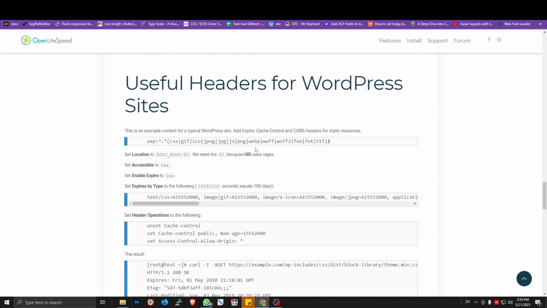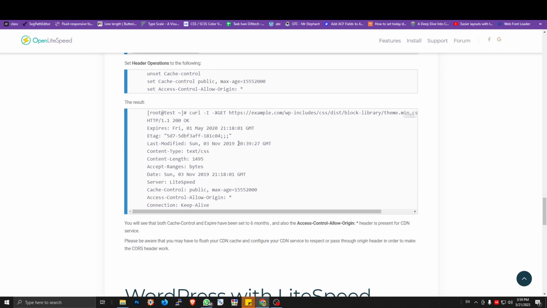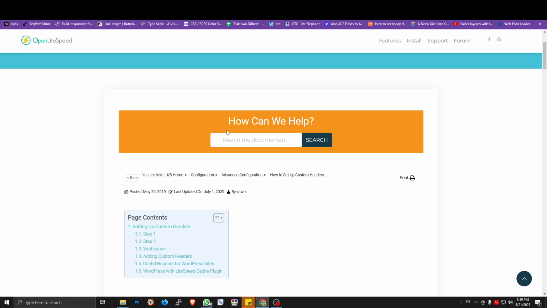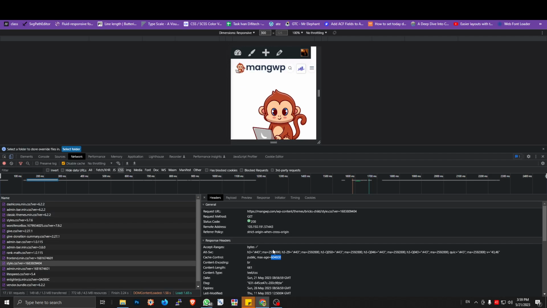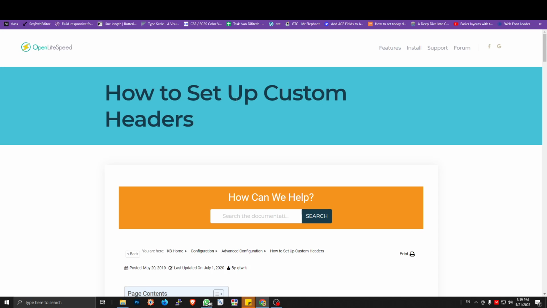You can read deeper about this, I will share the link below. But the point is we need to create a custom header, then the browser cache setting will work. We can change this duration of the browser cache by creating a custom header.